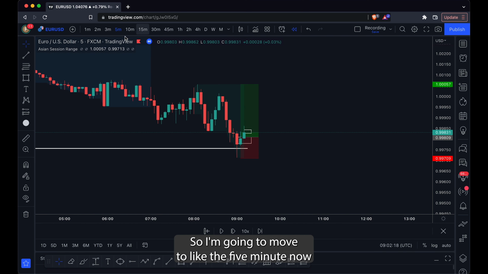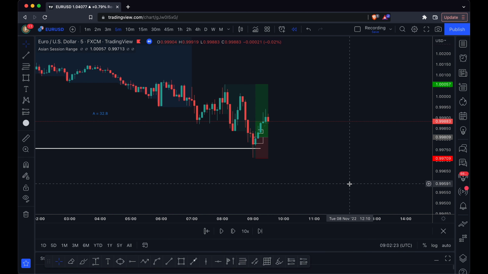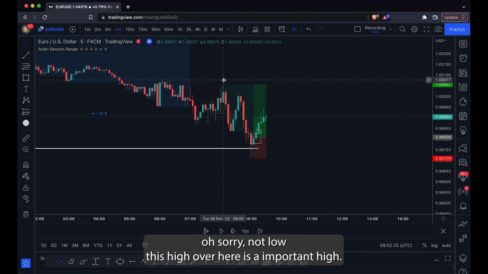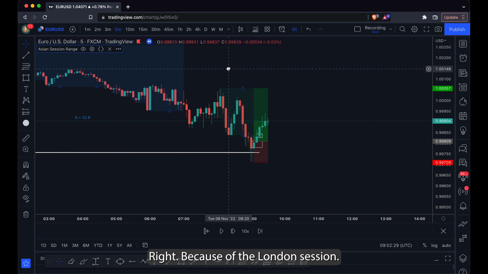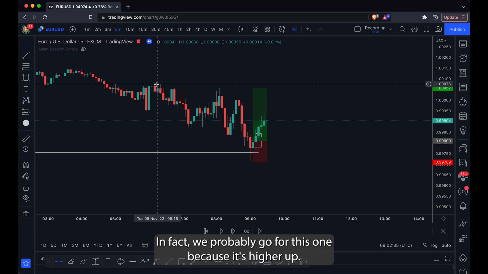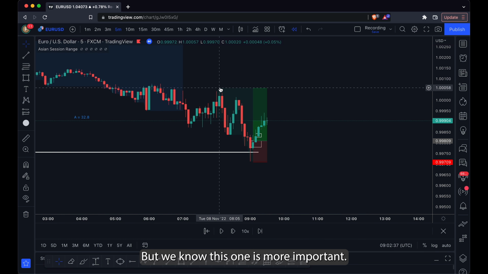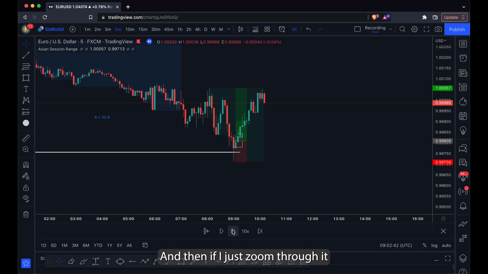So I'm going to move to the 5 minute now, and you can see price is pushing up really nicely. And now we know that this high over here is an important high, right? Because of the London session. Again, take away the tool, we don't know which high. In fact, we probably go for this one because it's higher up, but we know this one is more important. And then if I just zoom through it,